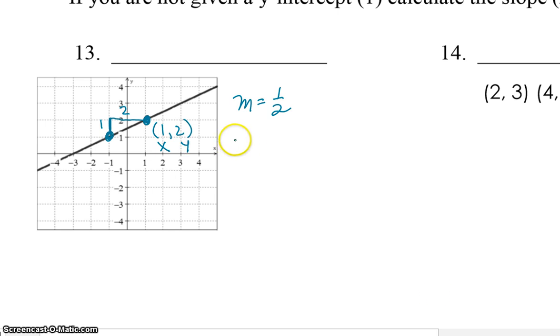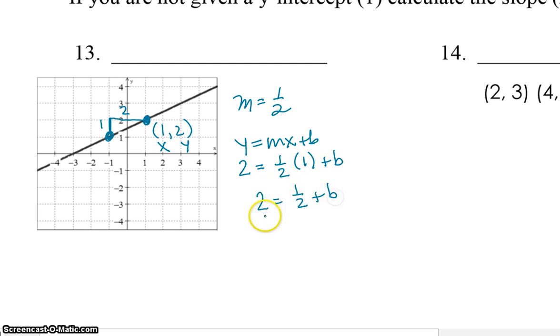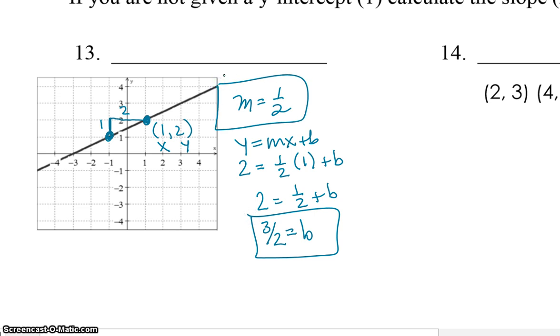If we plug in to y equals mx plus b, y. We know y is 2. We know our slope is 1/2. We know that x is 1, and we can find b. 1/2 times 1 is 1/2. And if you subtract 1/2 from both sides, you get 1.5, or 3/2. So now you have your m, and you have your b. So y equals 1/2 x plus 3/2. Number 14,